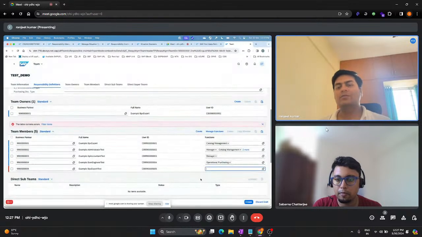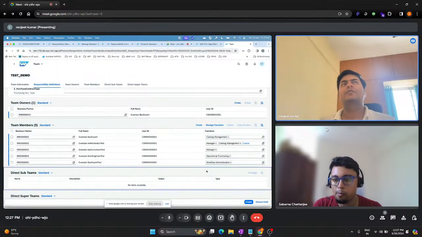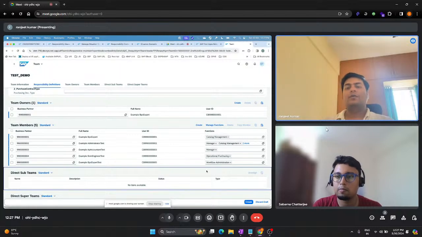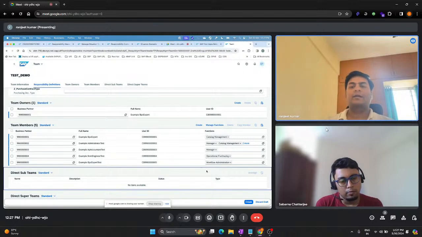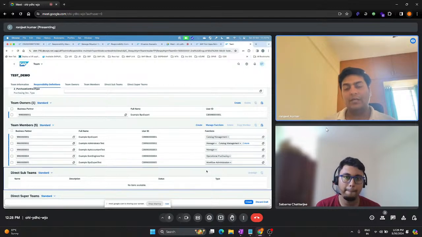Add it like that. So this function is basically a sort of role. Don't get confused. Many times we get a ticket from our customers and partners, saying I have this PFCG role and I want to associate that role. No, nothing like that. I'll show you where you define these functions, function profile, then team type and category, and then responsibility definition and all those things.